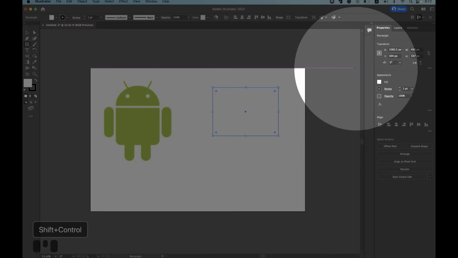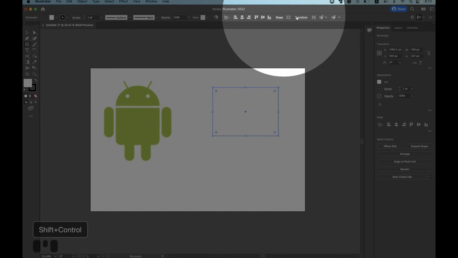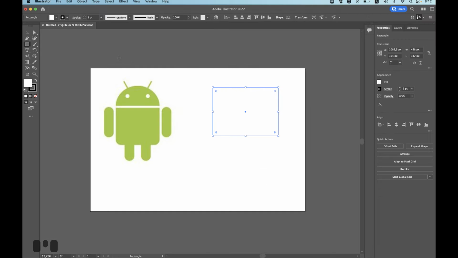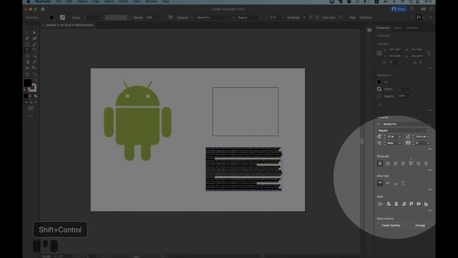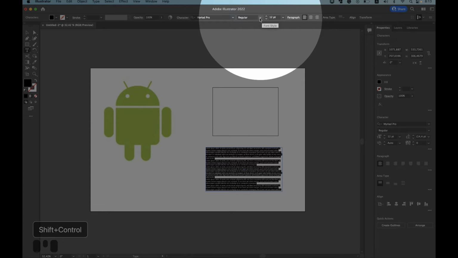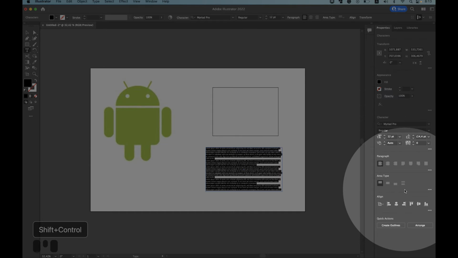And let's have a look at 3 o'clock on the right hand. This is the Properties panel. It's like an option panel, but it gives us more settings. If we just grab the type tool and start typing, we're gonna see here the Character panel right over here. And in the Control panel we have only character and style and the size and paragraph. But in addition to the basic settings, in Properties we have a wide range of editing.